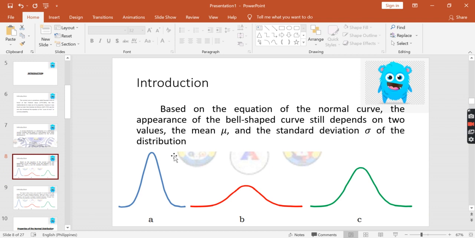Based on the equation of the normal curve, the appearance of the bell shape depends on two values: the mean, mu, and the standard deviation, sigma, of the distribution. Here, the A, B, C graphs are examples of graphs of a normal curve. As you can see, A is taller